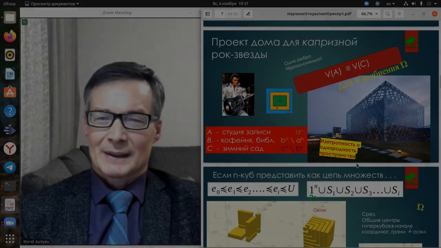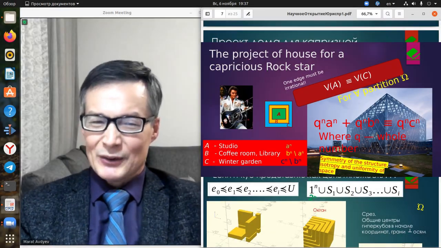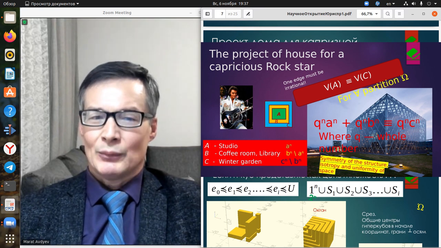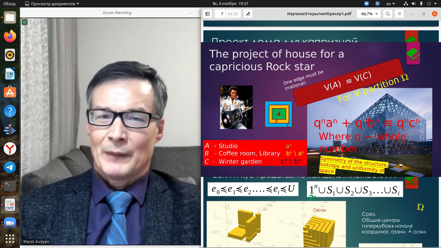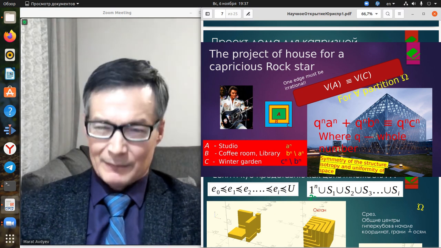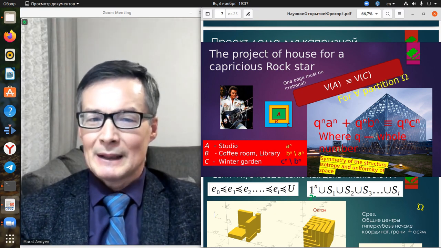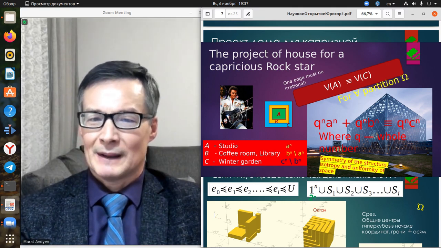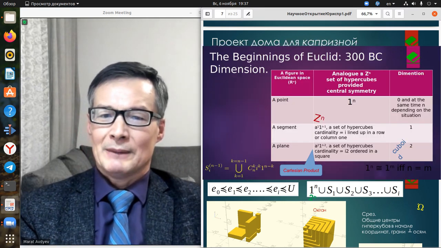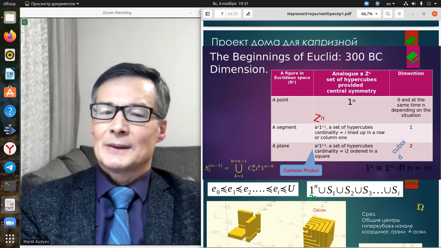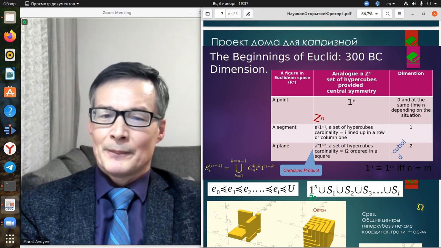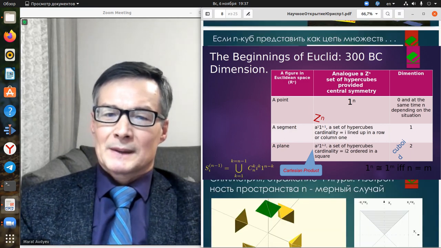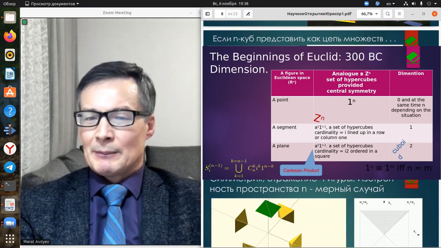Skeptics may object concerning the somewhat artificial separation of hypermeridians from the sphere. Why do we need such complications, if the sphere is a smooth figure, defined only by the radius? Note in passing that, for the case of a hypercube, the statement about disjoint faces, or equivalence classes of A multiplied by unit to the power n-m, seems to be more natural and obvious. But in the latter case, the very dimension of the face is under attack, appearing to be simply equal to the dimension of the original space.